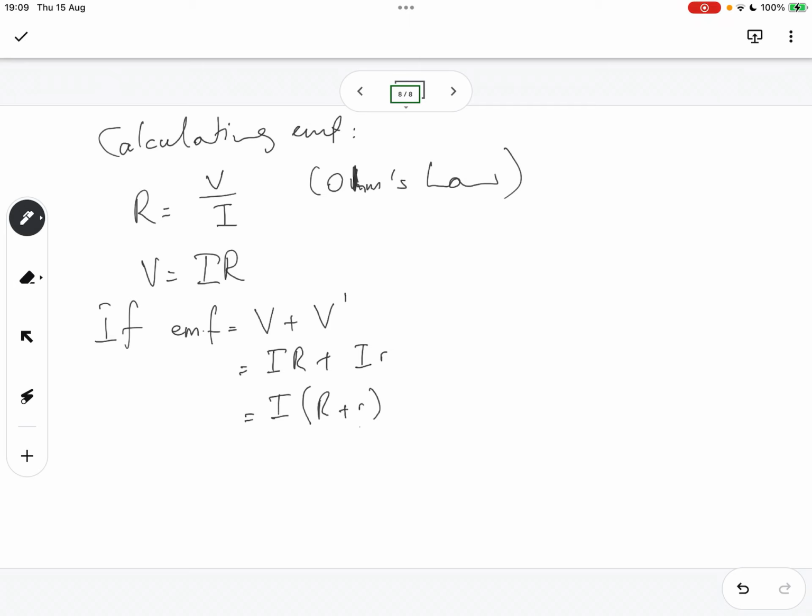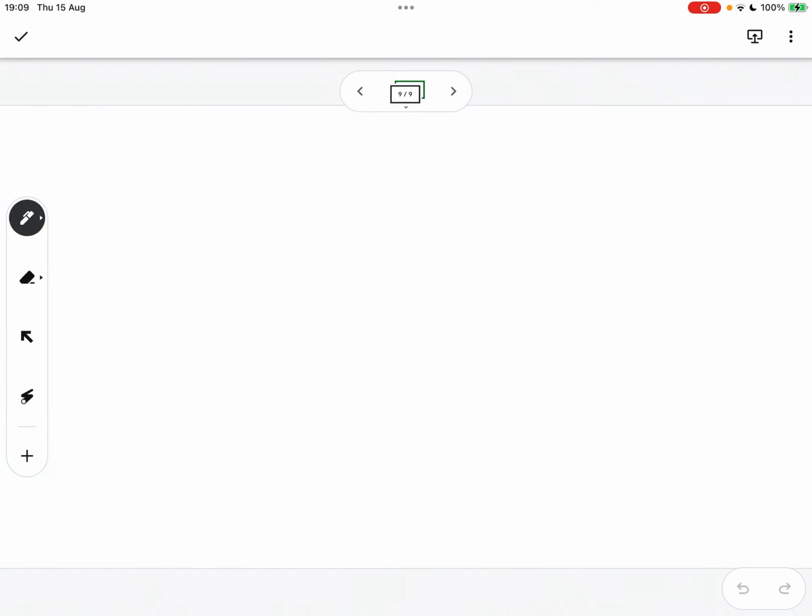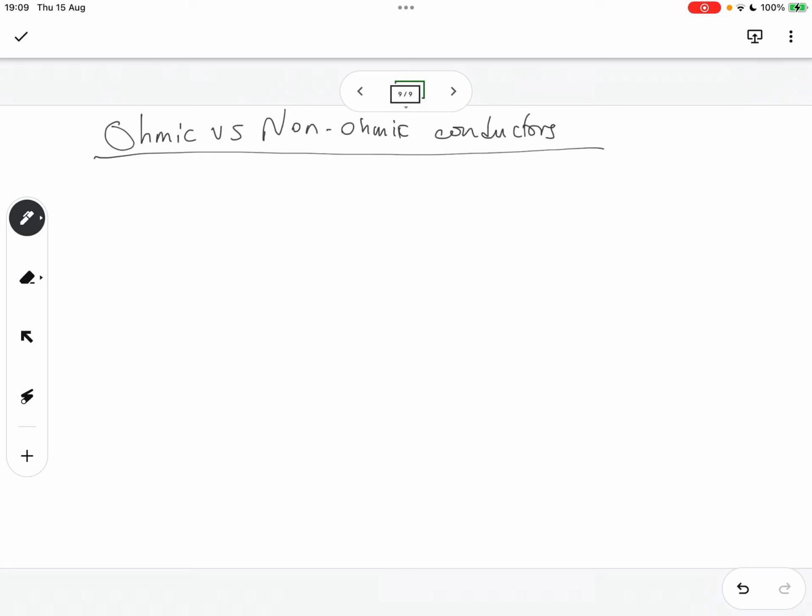All right. And then that summary we discussed for our grade 11 work, where we discussed ohmic versus non-ohmic conductors. It has to do with the temperature change over time as current flows through the resistor. And in an ohmic conductor,